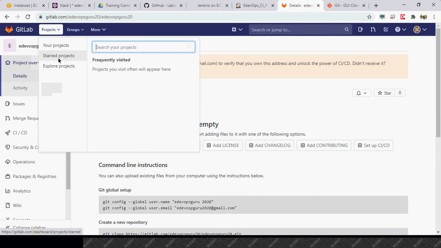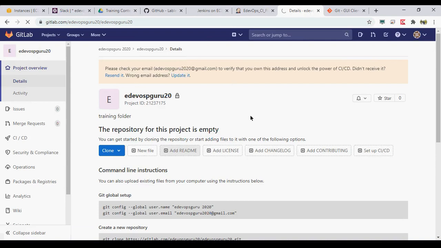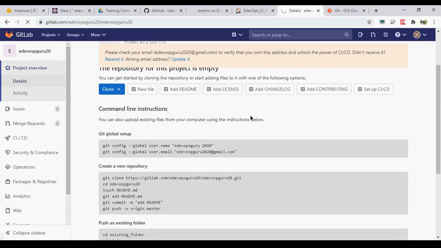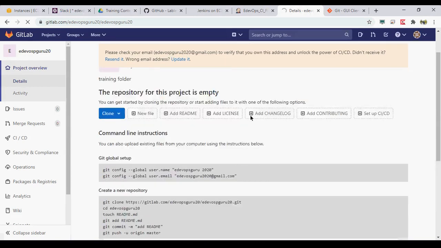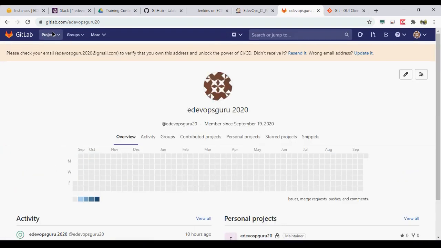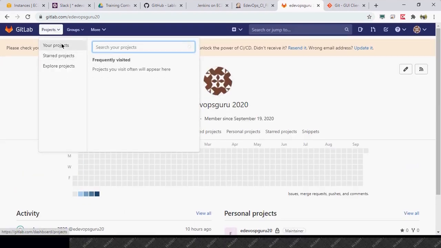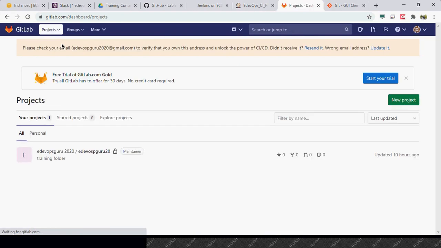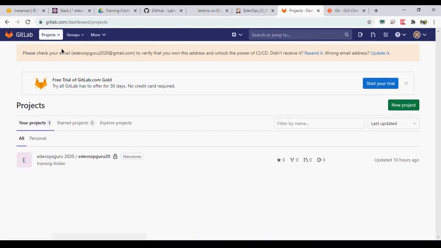Now here we will see how to create a GitLab project and how to configure a trigger.